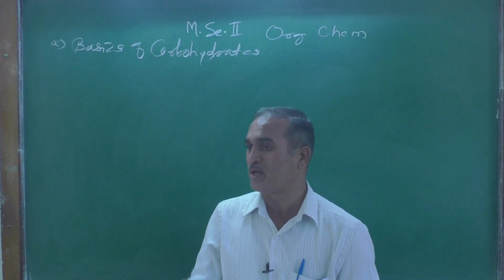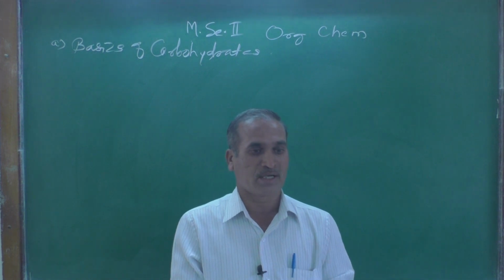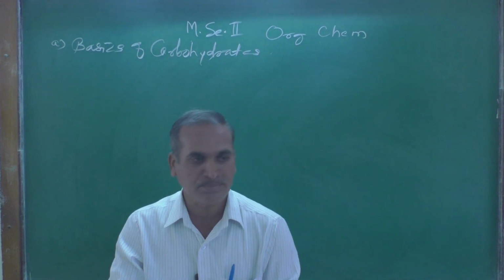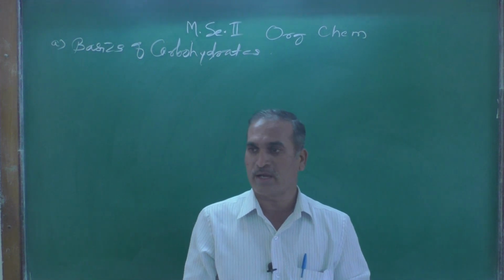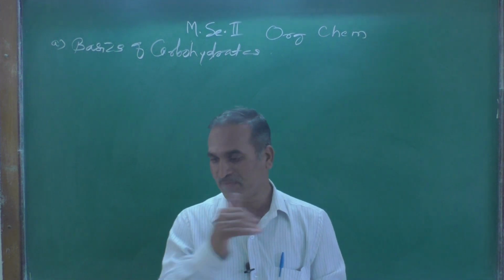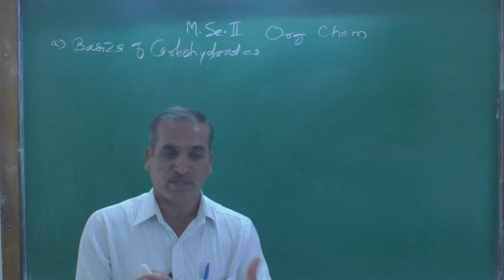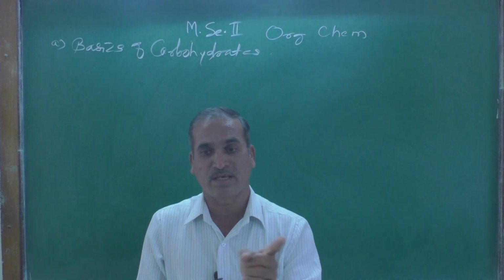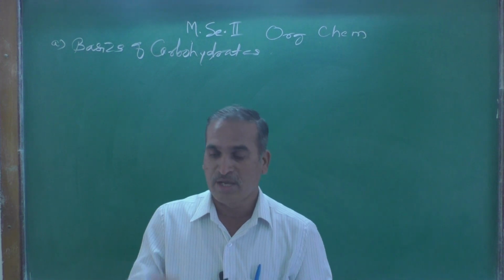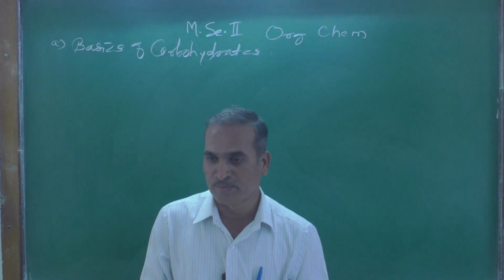An optical isomer means what? The organic compound which shows optical rotation, means the compound which can rotate the plane of polarization either right hand side or left hand side, that is known as optical rotation. And before that we already learned the D and L configuration. D and L are the relative configuration. They depend upon the hydroxy group.